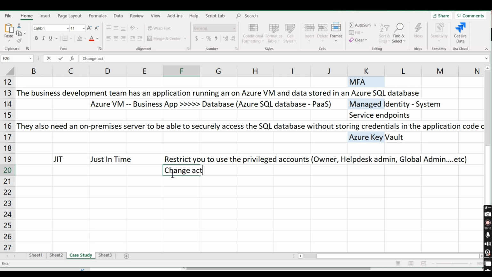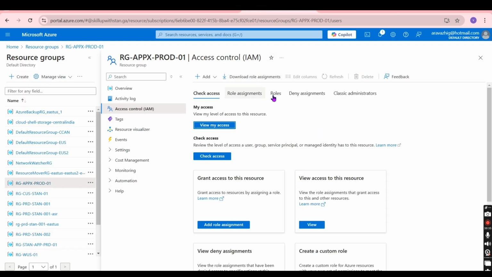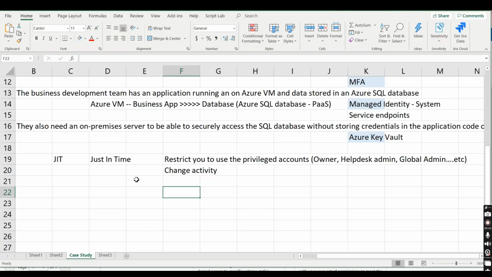Only during the change activity, you have to come and inform, or create an access request in that privileged identity management saying, I have a change request, this is the change number, I need access for 4 hours or 8 hours. The manager will approve through that privileged identity management console. Once it is approved, you have to come to the specific resource or resource group, check what access you have, then select it and start using that permission or role. So that is just-in-time access,